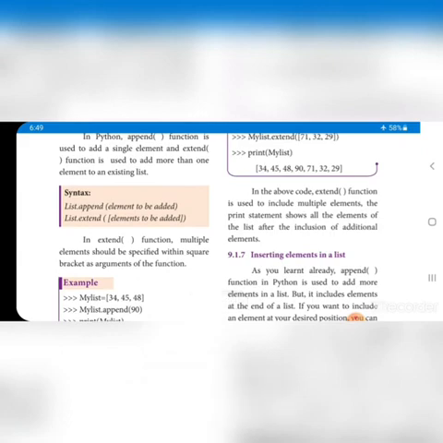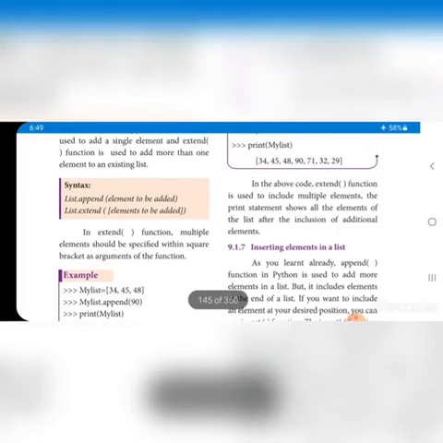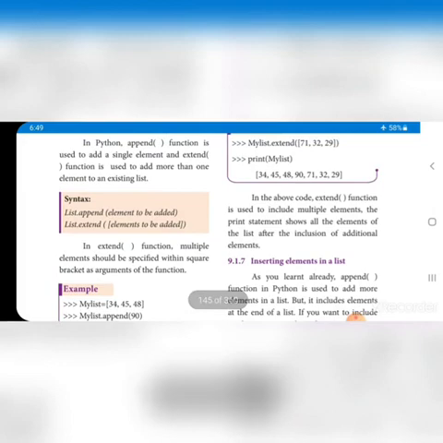We have given three elements, 71, 32, 29. And after that when we print the list, all the initial elements, the appended elements and the extended elements are stored in my list and will be shown on the screen, right?